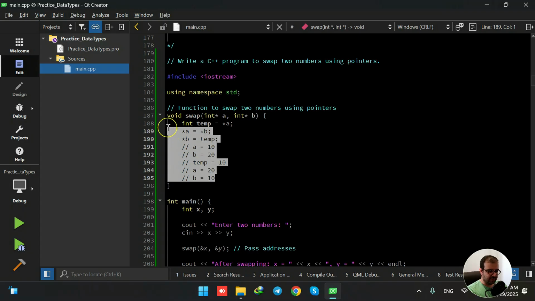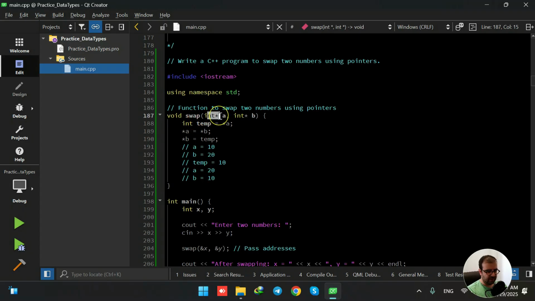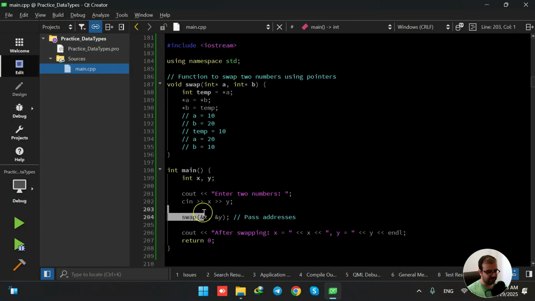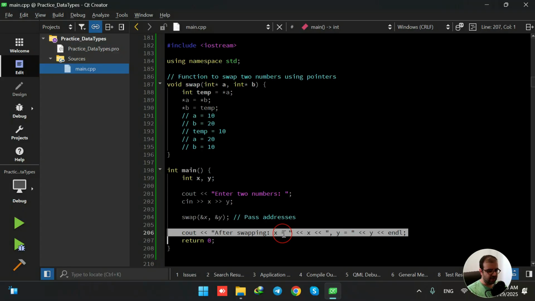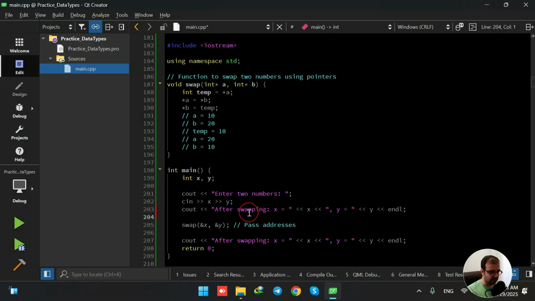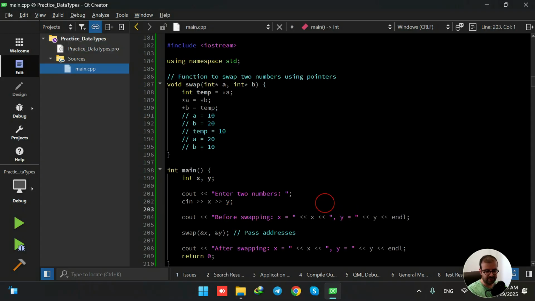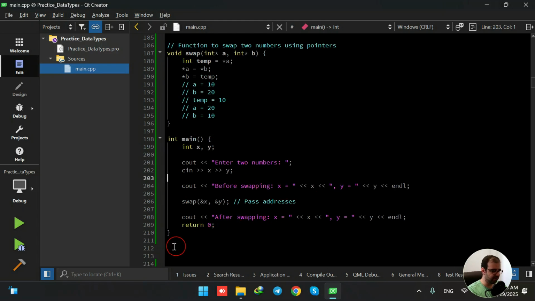And when the work is done, because we were having access to the address of these two variables, so we were using pointers here, we directly modified the original variables. So now we are saying after swapping x and y are this. So let me also have this message here before swapping x and y. So before swapping, we are printing x and y, and after swapping also we are printing them out. So when I run this code,